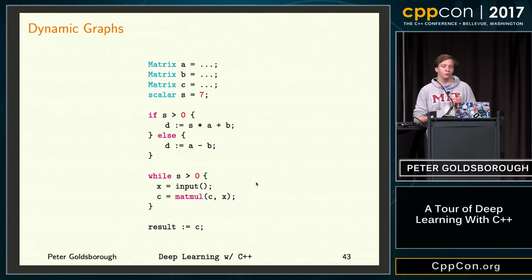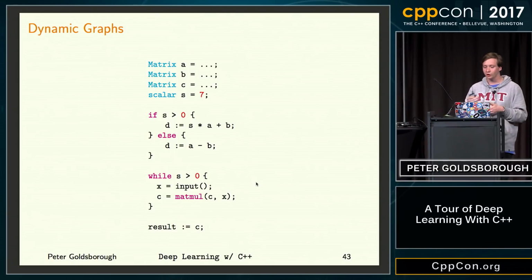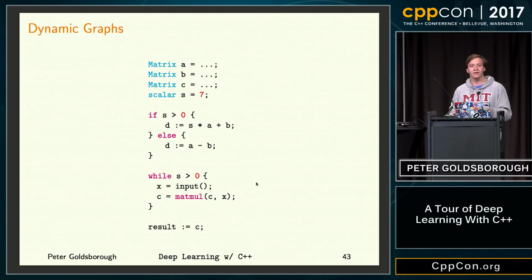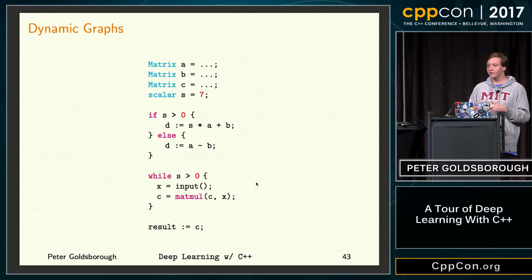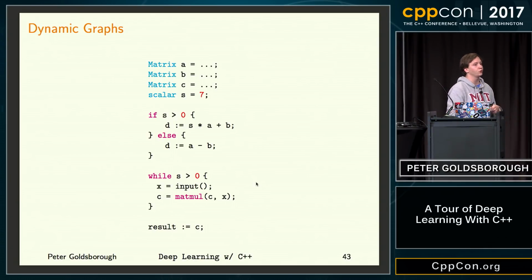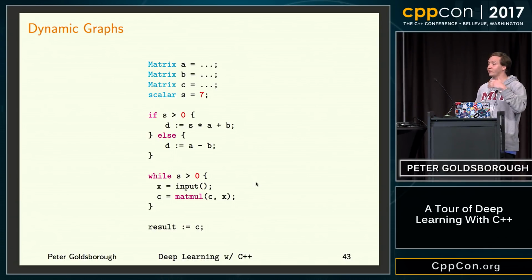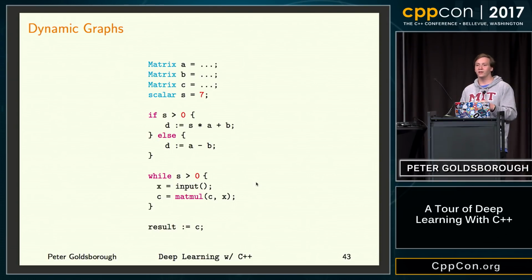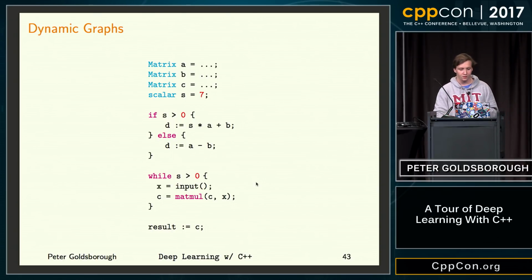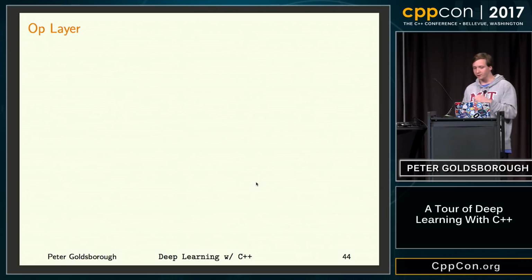And it means that when the interpreter runs through, if it is an interpreted language, d equals s times a plus b, we get an actual output value. And this also means that we don't have to do any kind of evaluation of a computation graph at the end. The reason why it is a graph is that usually these frameworks still have to trace the outputs to the inputs, mainly because at the end you have to compute some kind of feedback and then use the optimizer's output to update your graph. So you still need some kind of graph structure, just that now it's actually computed at each evaluation of the graph.